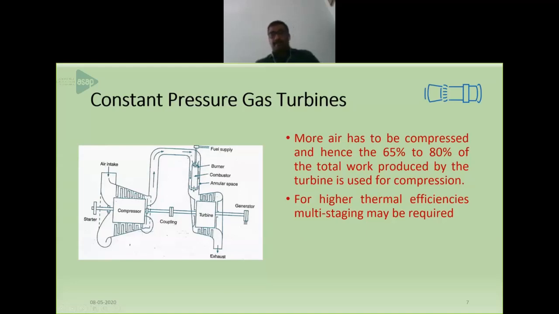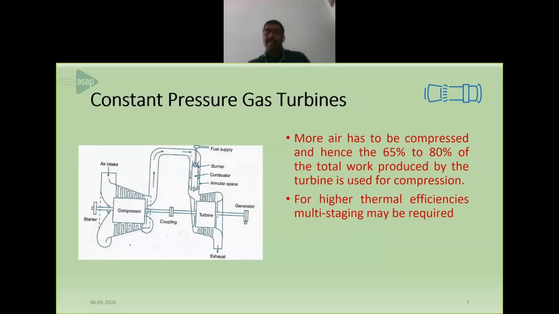Initially, there is a burner. Through the burner portion, only a small portion of air is flowing. The other part of the air is flowing through the annular space arranged around the combustion chamber. What is the purpose of flowing the major part of the air through the annular space? Because at the burner, there will be combustion of air and fuel, so the temperature will go to, say, more than 1000 degrees Celsius. It may affect the metallic parts.